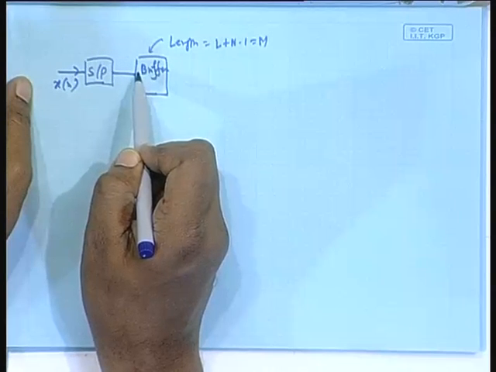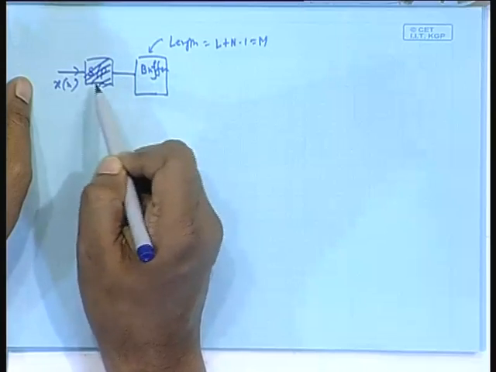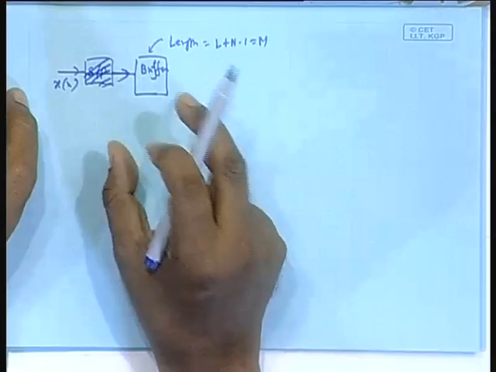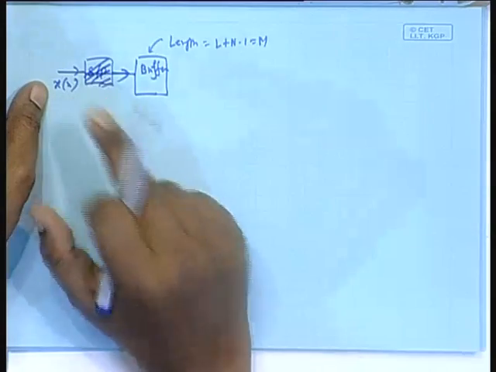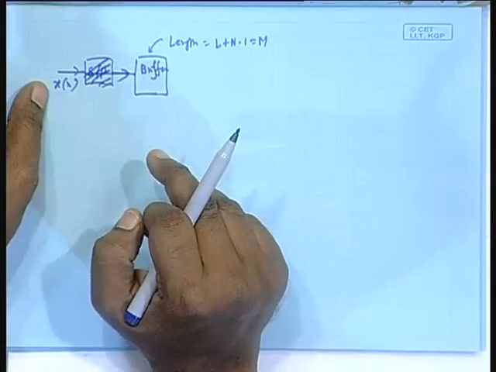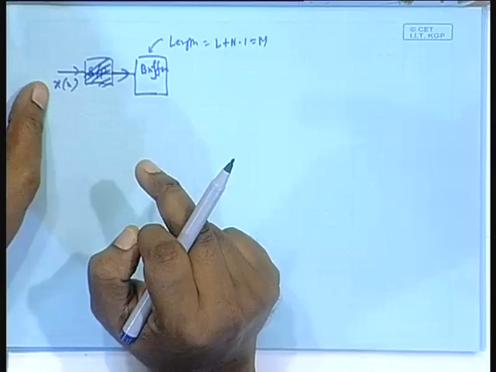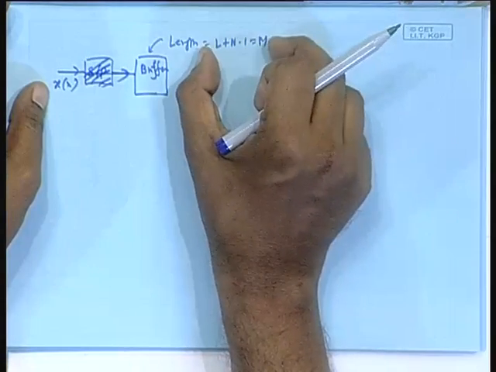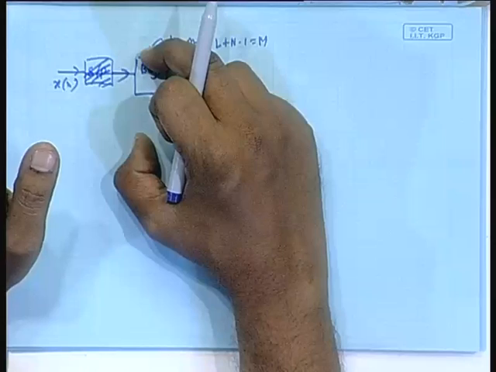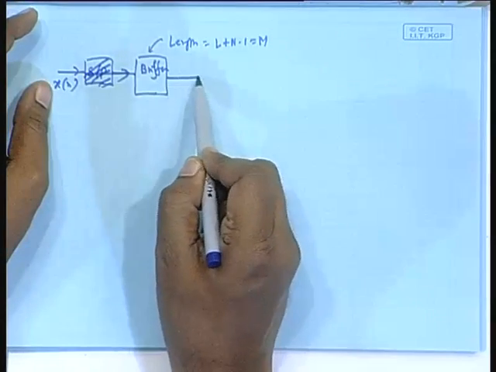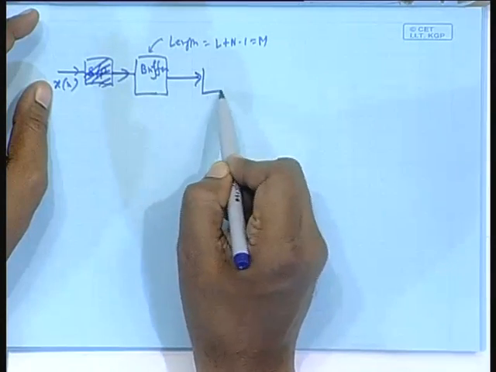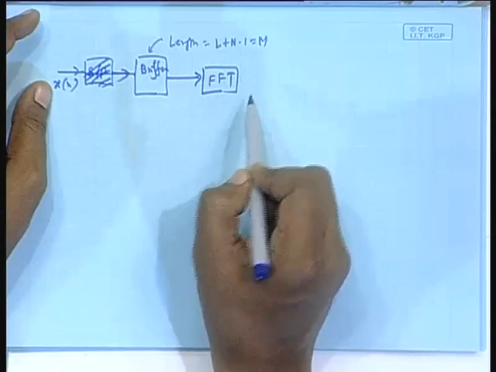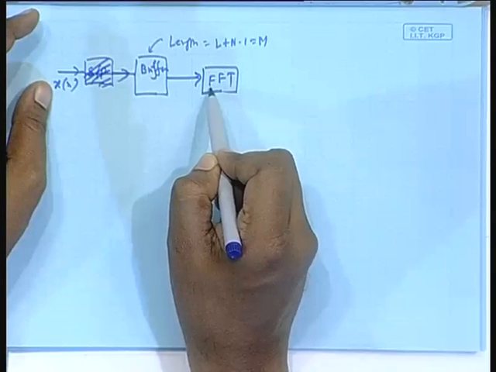So, you can ignore this, straight goes in the buffer. How many data I am taking? L. Also I am storing the last N minus 1 data of the previous block. So, I am forming a bigger vector here. Okay. Then first thing is I will be taking FFT of that. How many point? M point.